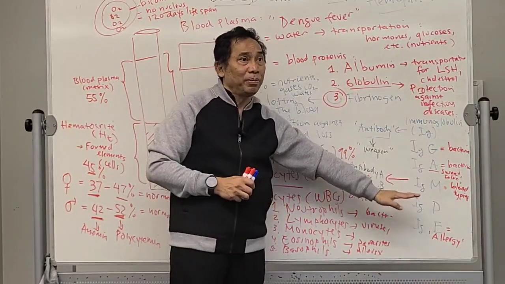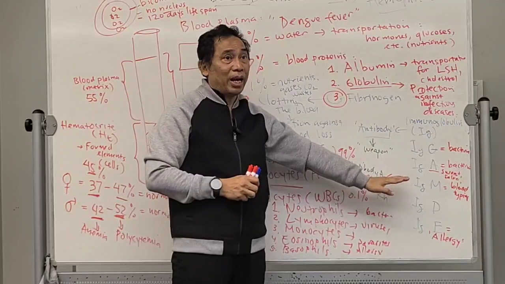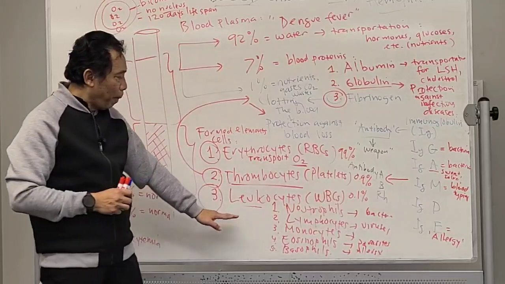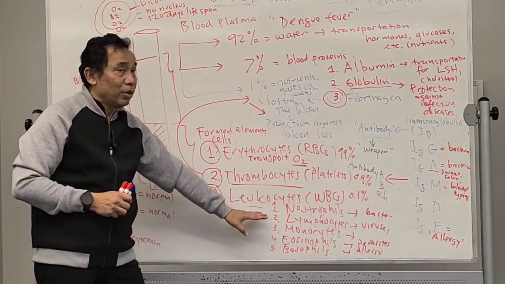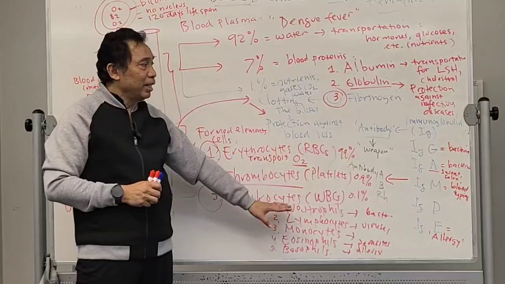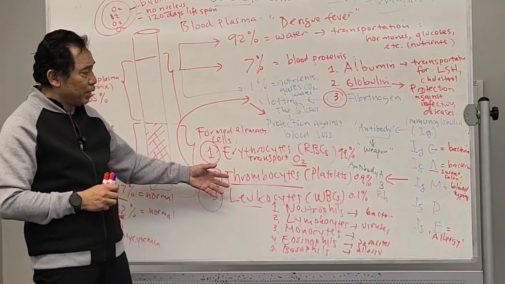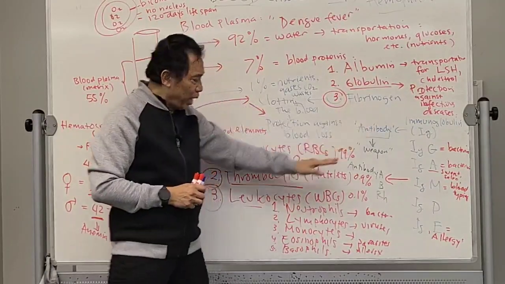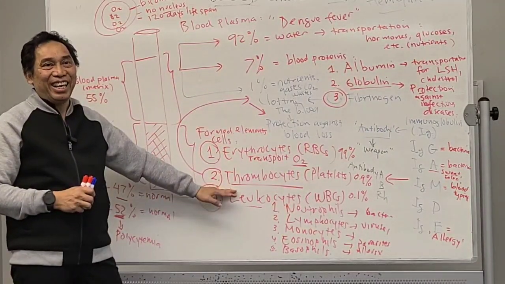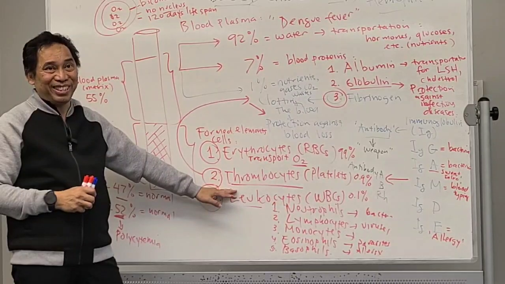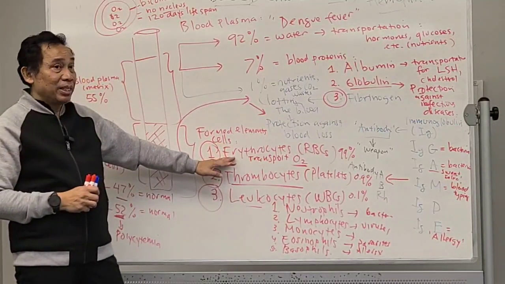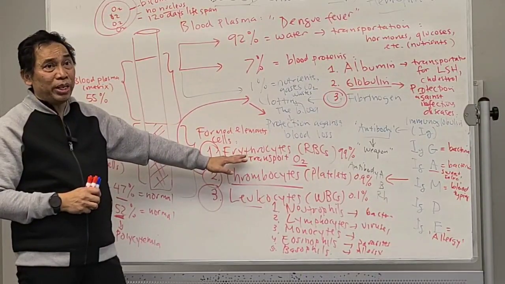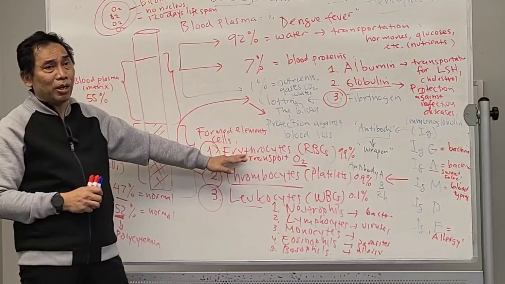And then the other function is for protection, maybe against disease or against blood loss. Here in the plasma, we have the globulin that protects against disease. There are 5 types of them. All of them are called antibodies, IgG or antibody G, A, M, D, E, right? Together with leukocyte, also used for fighting infection. And then another function is to fight against blood loss. In this case, we have fibrinogen in the plasma, and we have the thrombocyte in the formed elements. Erythrocyte, red blood cell, is the main important one over here. Therefore, we have 99% because we need a lot of oxygen. This is the one that transports oxygen.